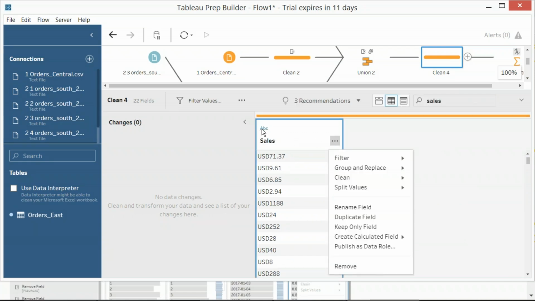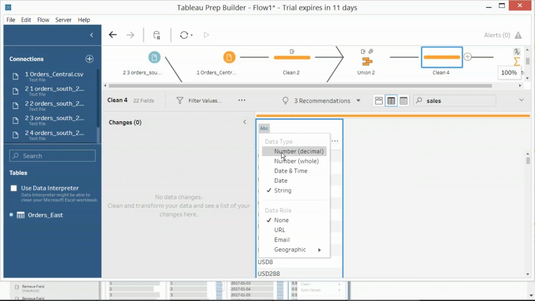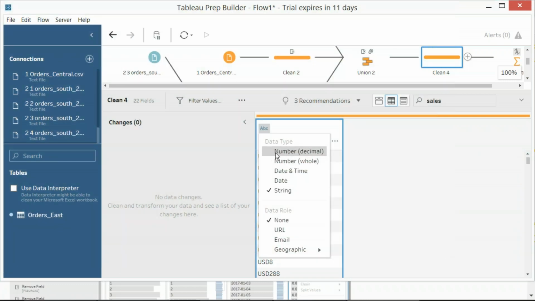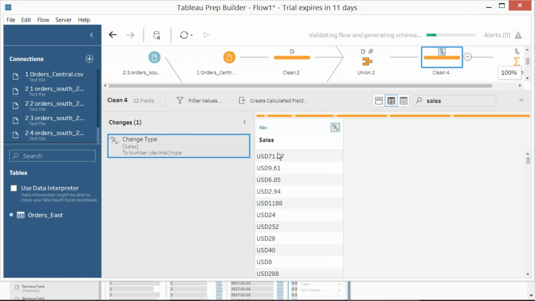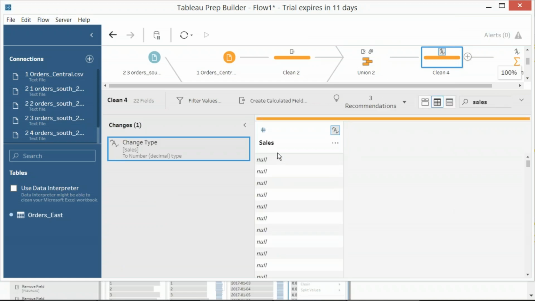All we do is click on the small ABC and change it to number or whole number, anything. Friends, we are changing the data type much before aggregation. Getting it, friends? We are changing the data type to whole number much before aggregated value. That is the actual concept here.